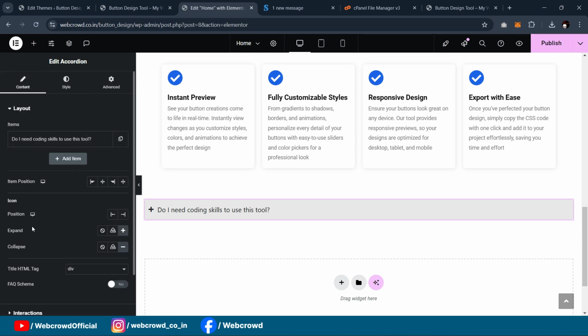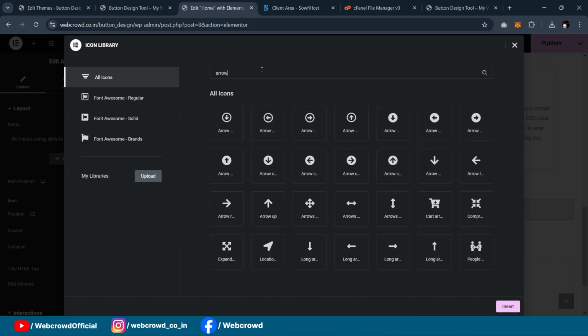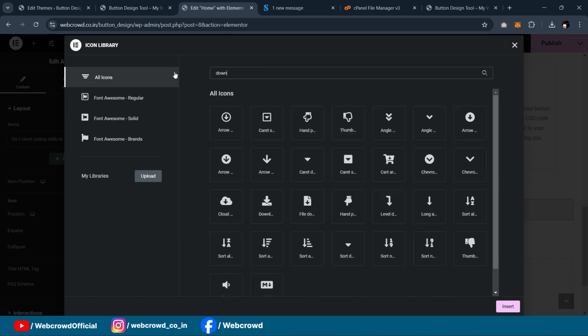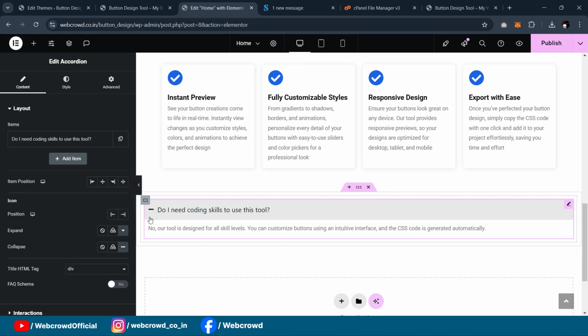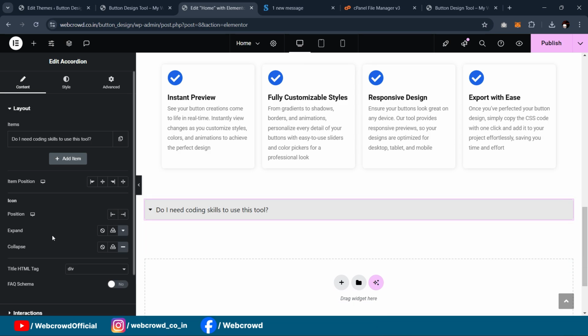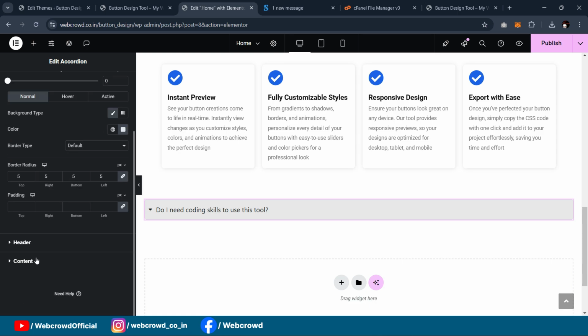And I would like to change the icon from here. Okay, so I will select the arrow, type down, so we will have this kind of arrow. Okay, and go to style. Under this